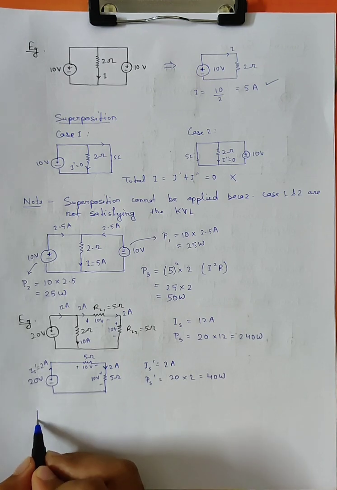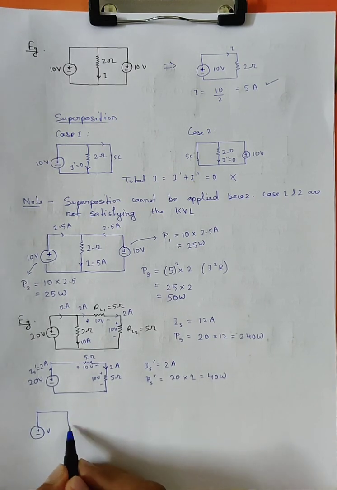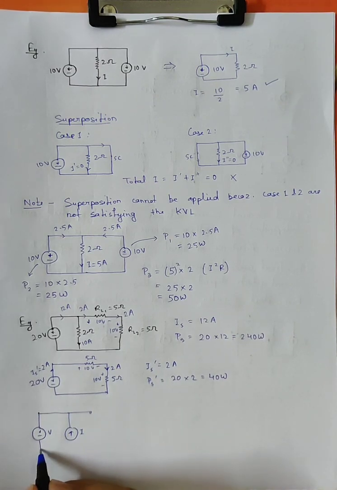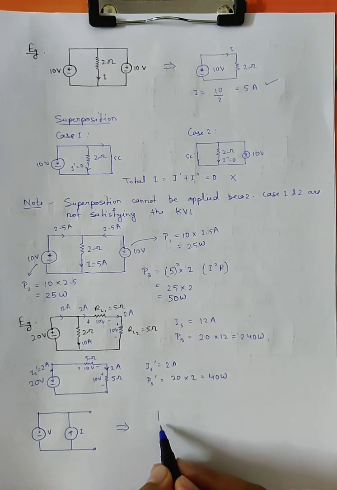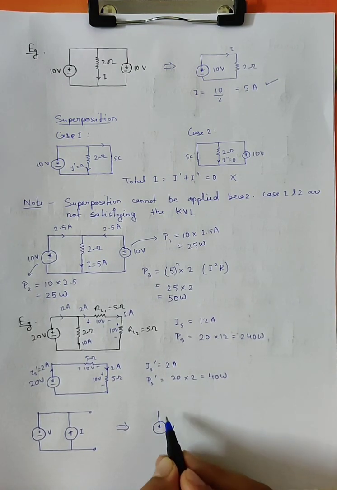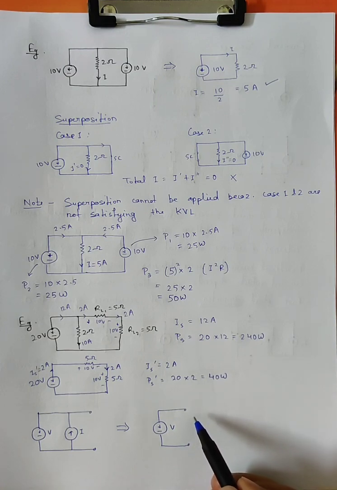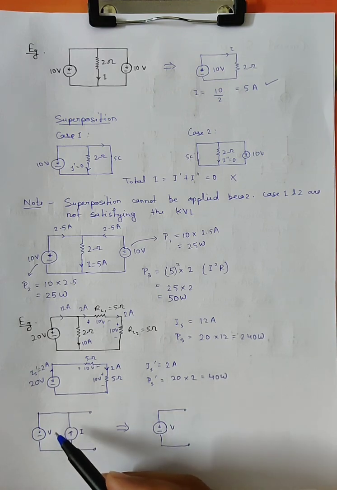If I draw a circuit like this, with minus V and I, I can redraw the circuit as this, but this circuit will work if we want to calculate the load current or load voltage. Again, for calculating the source current or source power, we cannot neglect this current source I. We have to consider this.